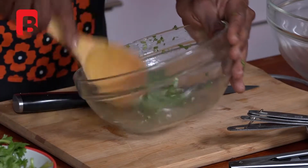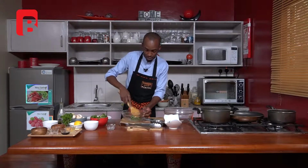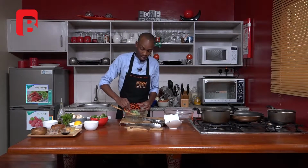Right, so once you definitely have your beautiful consistent mixture, it should be able to hold shape. So very simply, all I'm going to do now is transfer this into the fridge, and I'm just going to allow it to set